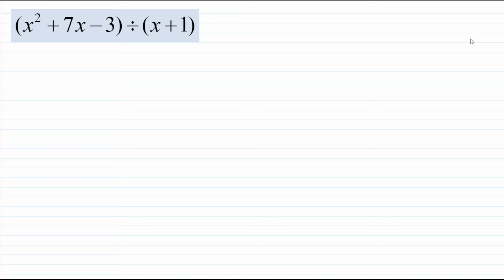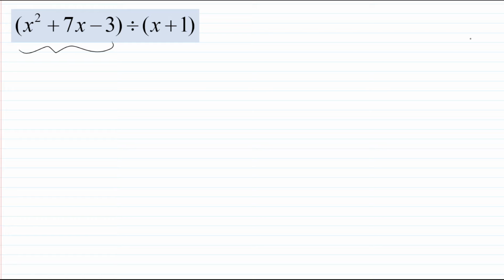All right, let's look at how long division works with polynomials. And perhaps you're thinking, haven't I divided polynomials in the past without long division? Why all of a sudden do we need long division? Well, what probably happened in the past is you were working with polynomials that factored, and you'd get a common factor in the numerator and the denominator, so the division worked out quite nicely. But as you can see here, we have a polynomial that does not factor, and that's when we'll want to